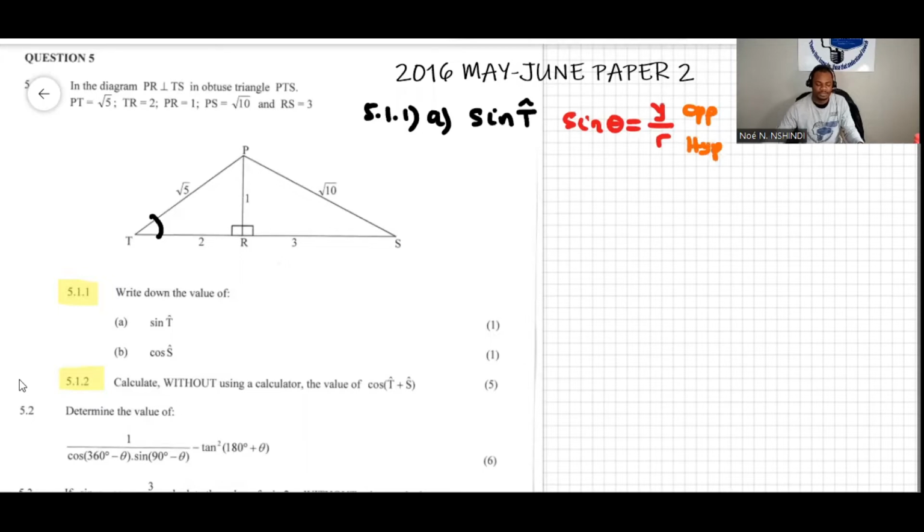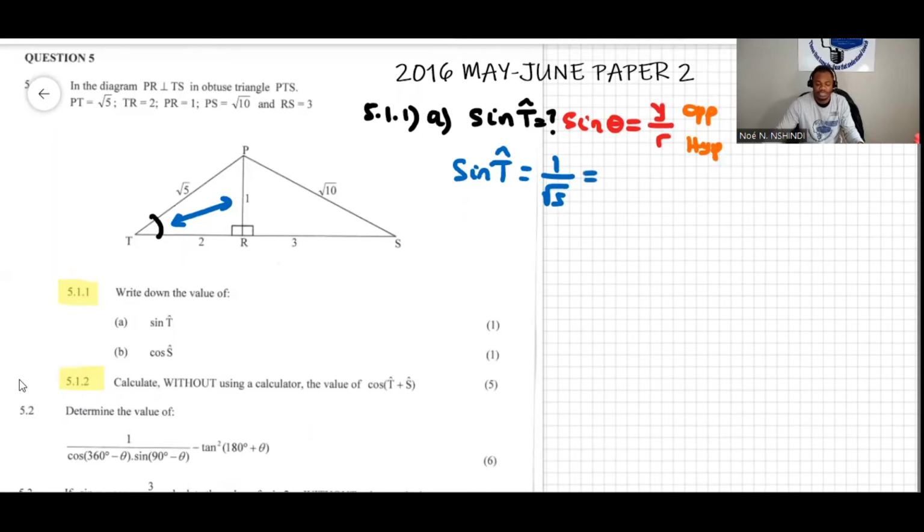So we need to find that. We're just going to use this formula. Sine of the angle t will be equal to opposite the angle over hypotenuse. The opposite side is this side, and the hypotenuse is the longer side of the triangle, so square root of 5 is the hypotenuse. So the opposite is 1 and the hypotenuse is root 5. So we can write that,